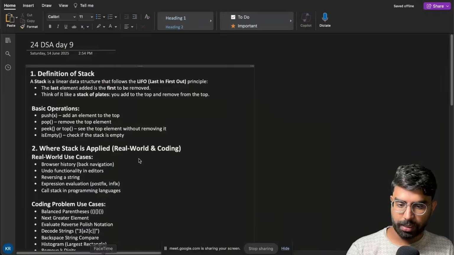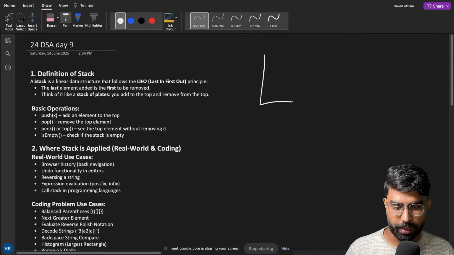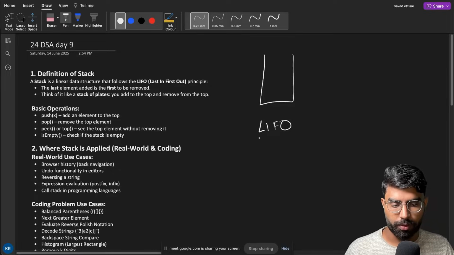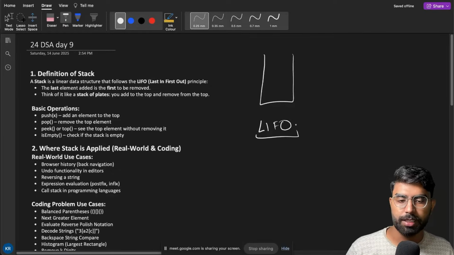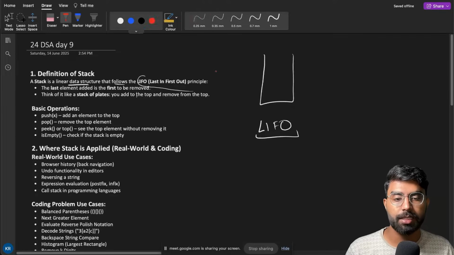So today's topic is stack, right? What is stack? We know that there is LIFO and FIFO, right? What is LIFO? Basically, this is last in first out, right? So stack is a linear data structure that follows the LIFO principle, that is last in first out, which means